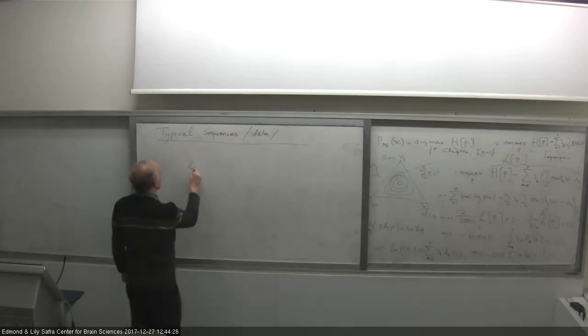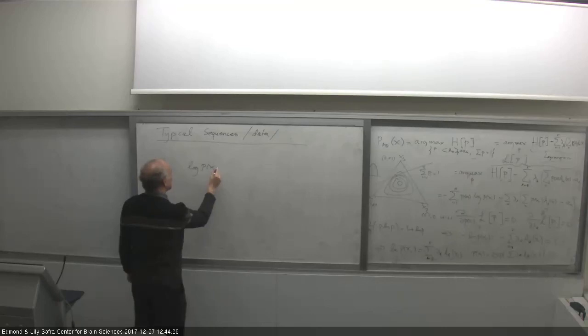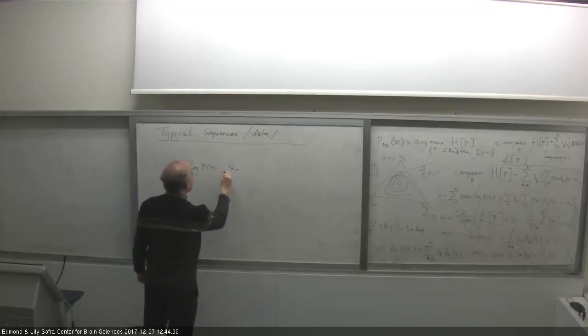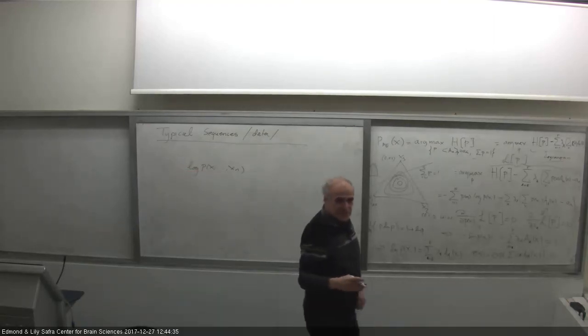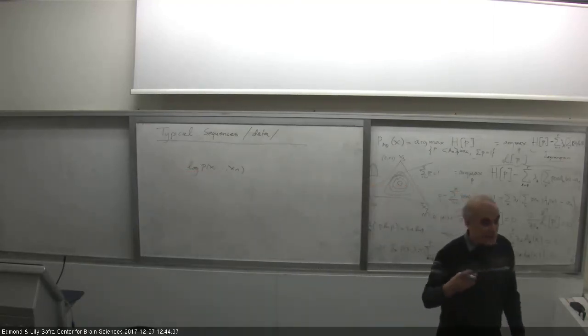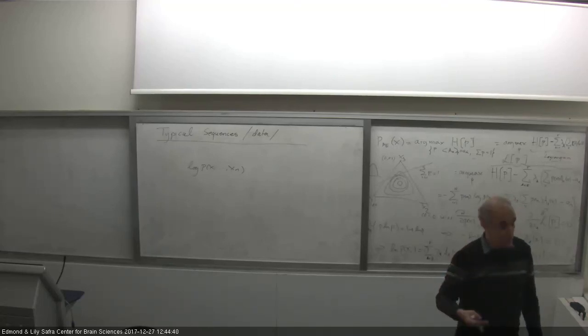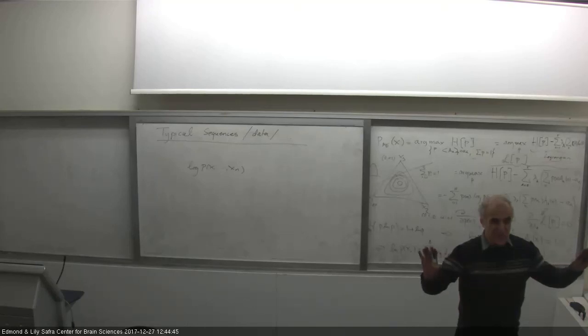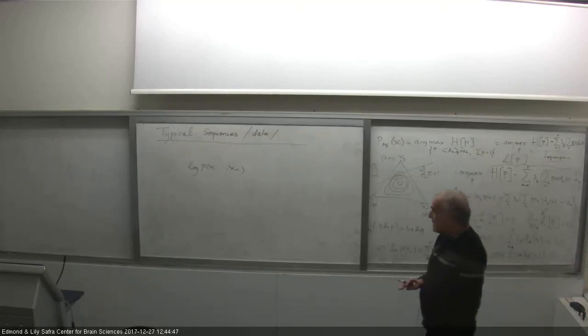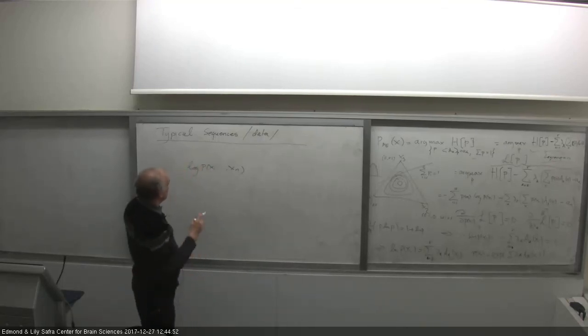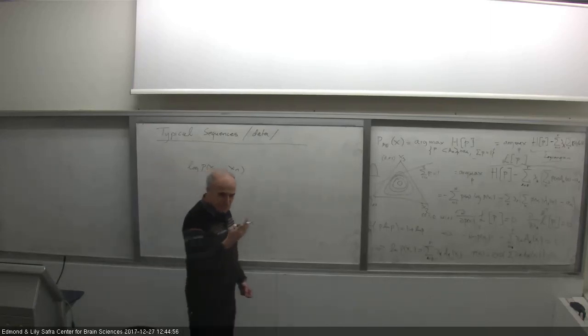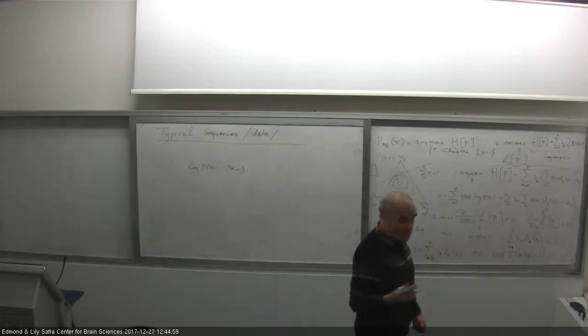The log of the probability of a long sequence of variables. Again, remember we are thinking about many observations. This is going to be the game we're going to play from now on. We're going to talk about many, many observations. We already did it, and we are going to think about what we call large typical problems. So if we have IID observations, let's say, this log is essentially a sum, since the probability is a product in the case of IID observations.